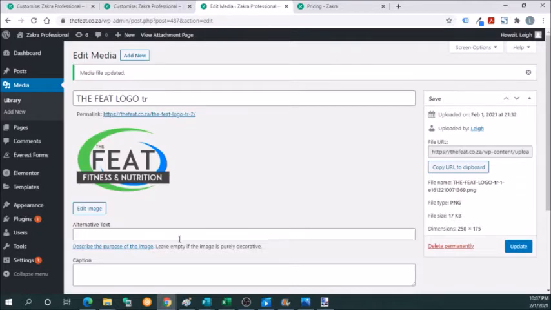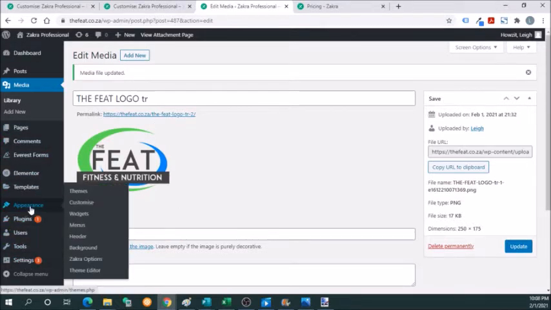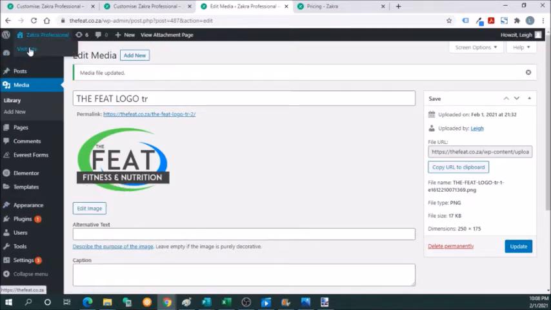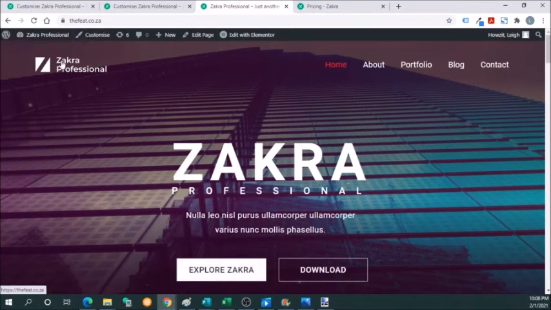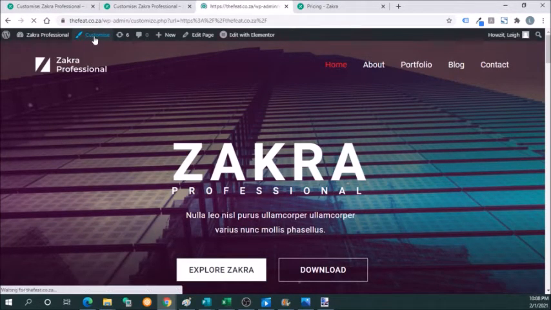Okay, so from here you actually need to go back to the customize bar. So you can go to appearance, customize. Okay, or if you want to go back, you can go visit site and customize. Now you'll see it didn't change the logo because we didn't actually publish it once we'd actually changed the logo. So we will now go into customize,